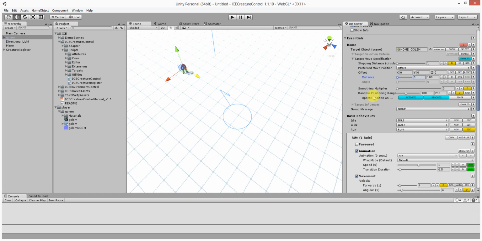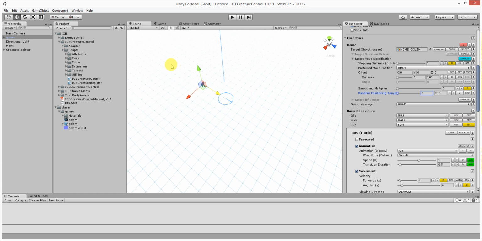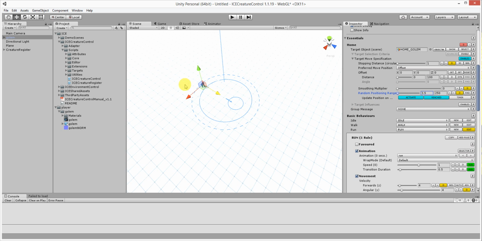So, and then we have here the random positioning range. By default, this random positioning range is adjusted to 100, but you can make it 0, and if the offset is 0 and the random positioning range is adjusted to 0, then the target position, the target move position, will be exactly the transform position of the target. But it's boring if your creature goes all the time directly to the transform position, and for this you can use this dynamic waypoints, this random positioning range, to define a range around the transform position in which your creature can